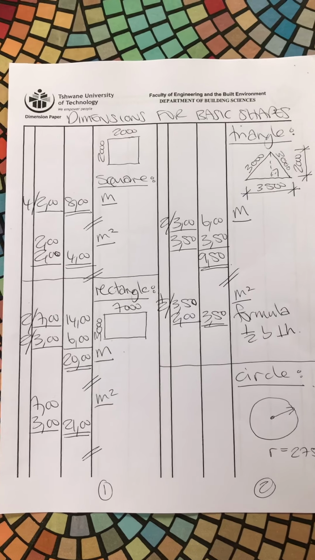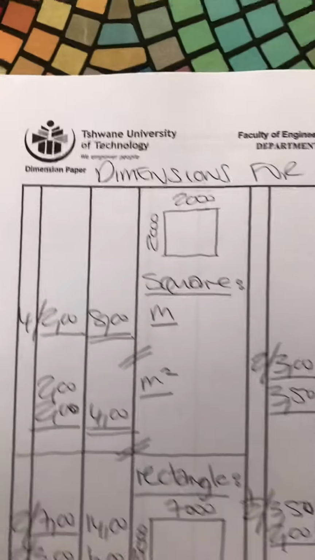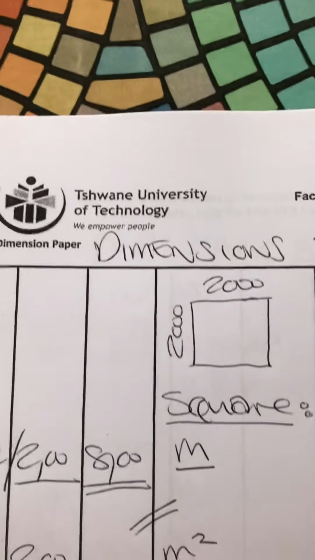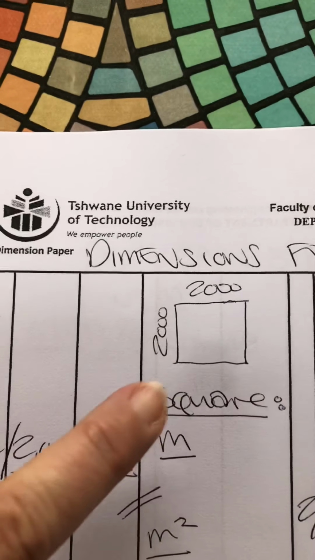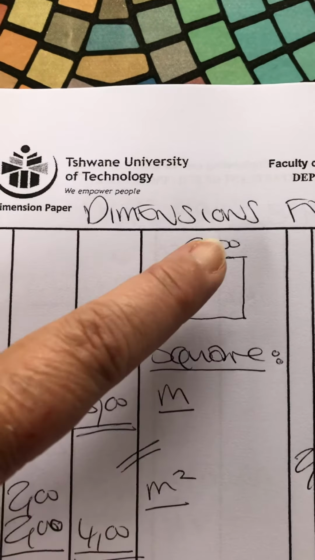Today we are going to look at the dimensions for basic shapes. Right, so if we look firstly at the standard square shape, which will be 2000